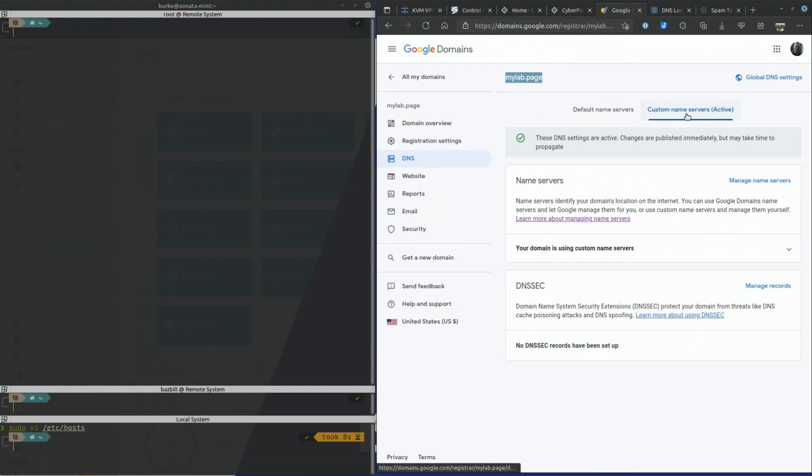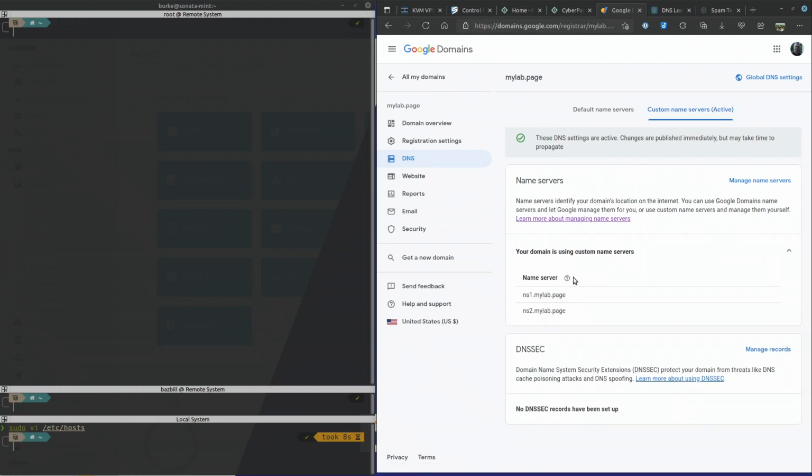And when you tell Google that you're going to use custom name servers and you try to put in your own ns1.mylab.page, ns2.mylab.page, it's going to give you an issue because right now that server doesn't exist, right? We haven't installed anything. We don't have a DNS server running quite yet. So if I put in the fully qualified domain name, FQDN, of my two name servers here, Google doesn't know how to resolve that because, well, the DNS server doesn't exist yet.